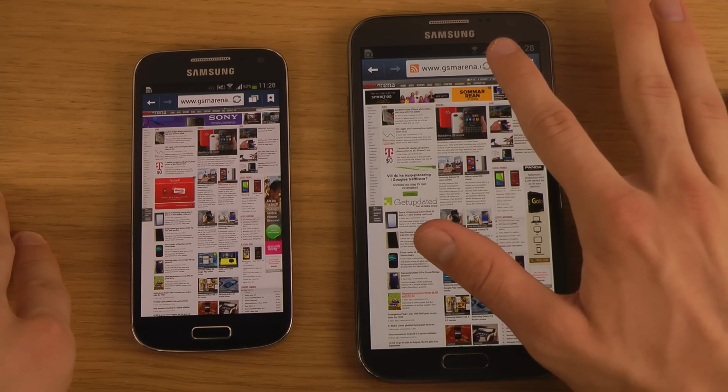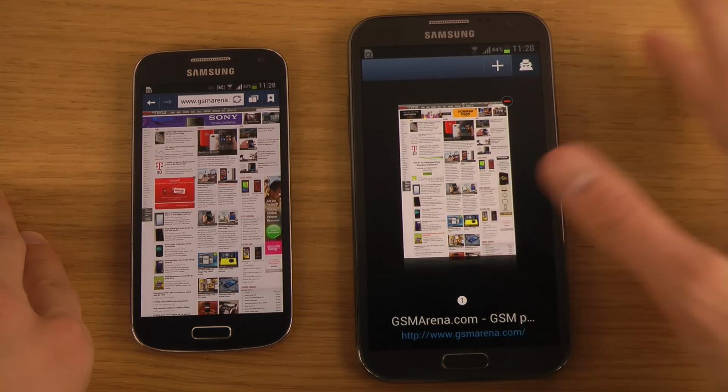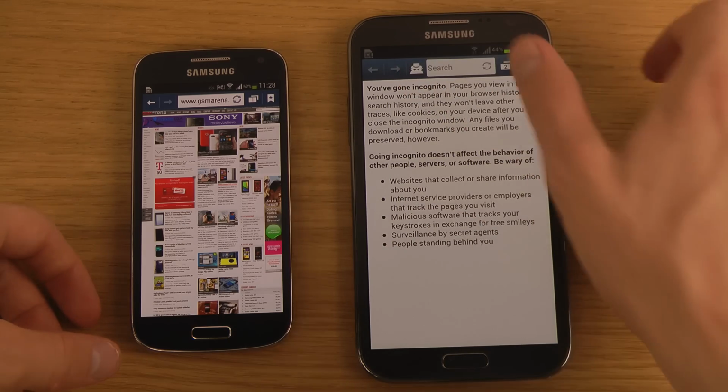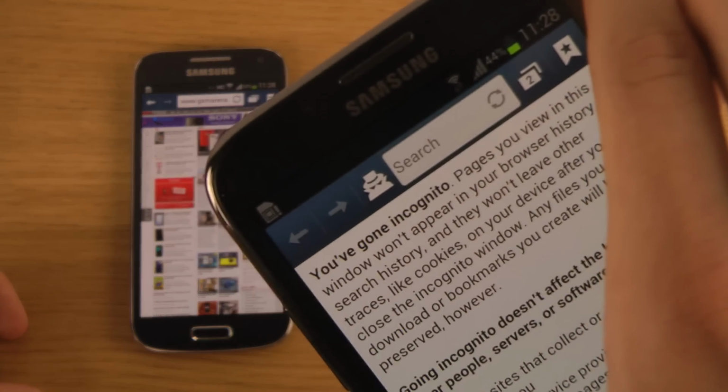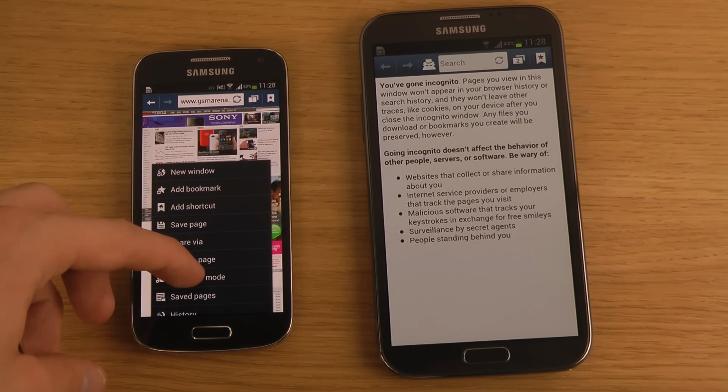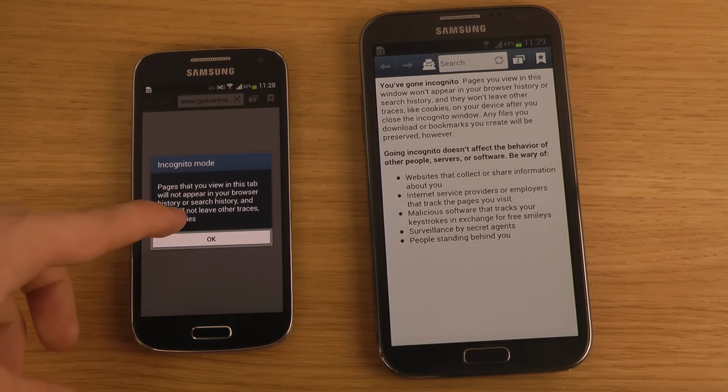Also, you did see that when I was going in here, you have the Incognito Mode here. So if you want to search for porn, if you want to go into a mode where you don't save any history or anything, you just go into that Incognito Mode and you see that Incognito logo there at the top. If you want to do the same thing here, on the S4 Mini, just go into Incognito Mode over here,